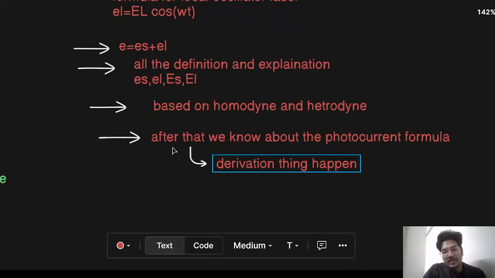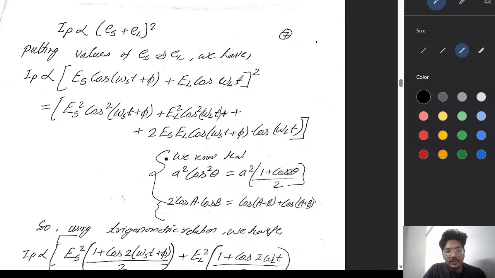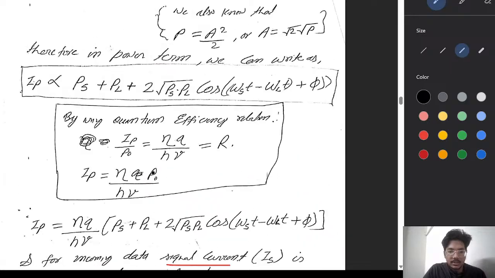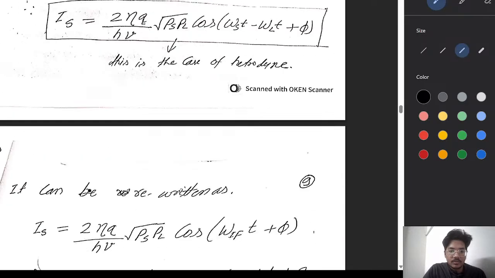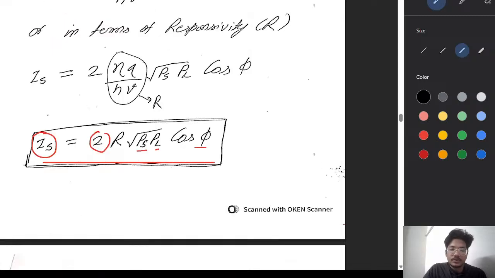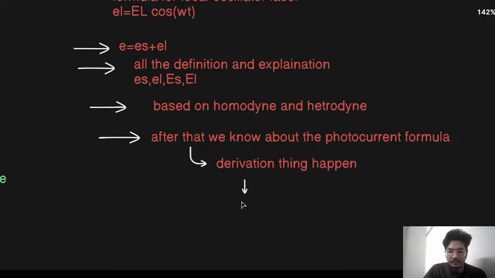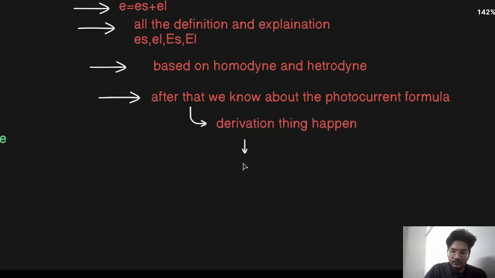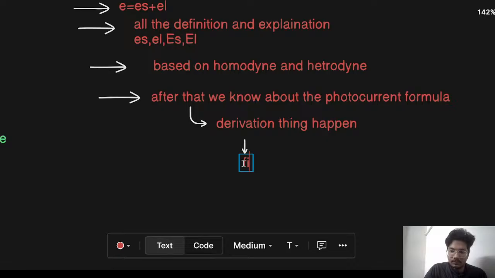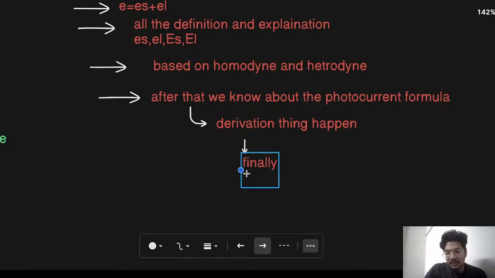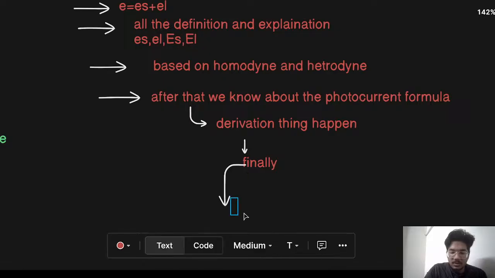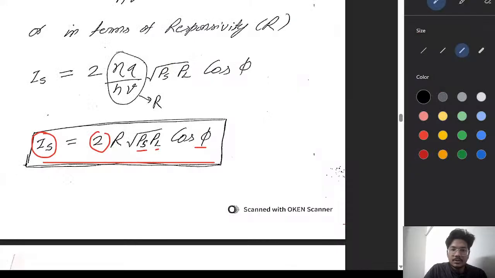Okay. Then the derivation happens. So we derive the formula until we get the formula based on Is. Finally we get the formula of Is. Is is equal to, we get, at